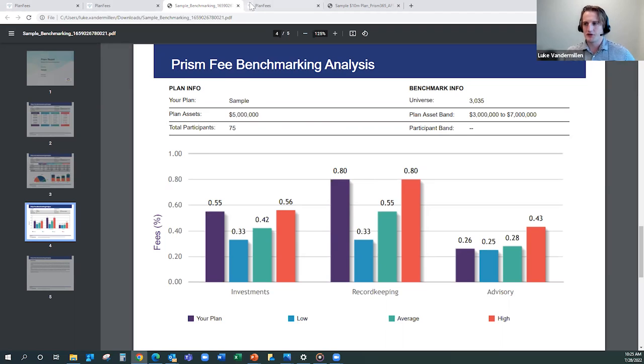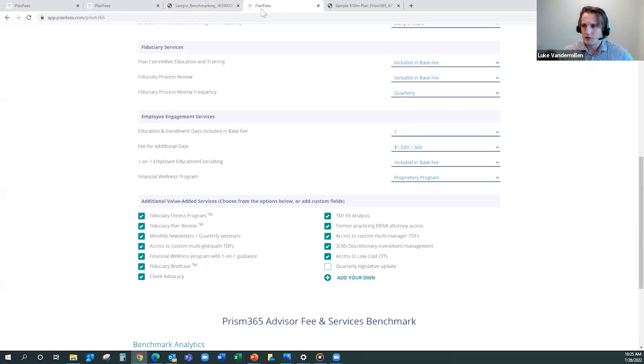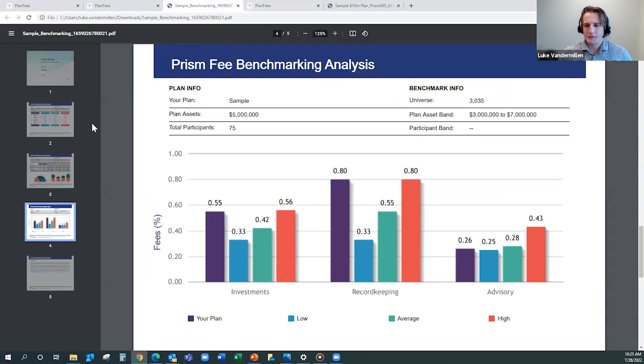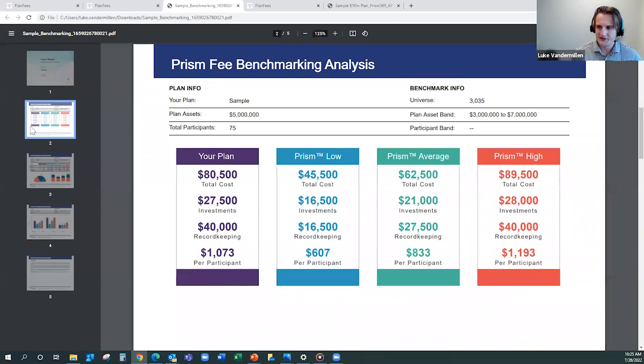So that's our PlanFees Prism report. That's available for you as well. And one last thing about the PlanFees Prism report, I had a couple questions that danced around this a little bit, but for the data that we use to populate this report,